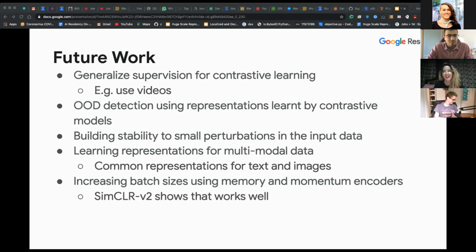So you talked about how your technique does better with larger batch sizes, but also most people don't have the compute resources, if they have a big model, to use large batch sizes. What's your advice for people to use self-supervised, like supervised contrastive learning in that scenario? Yeah, I think memory is definitely your friend. So the way memory works, it keeps a few